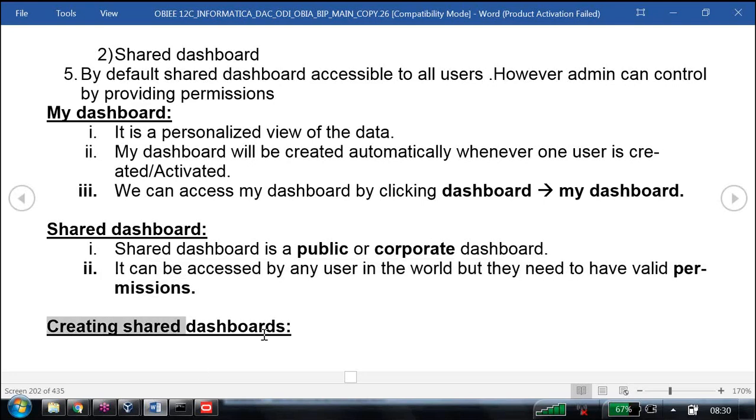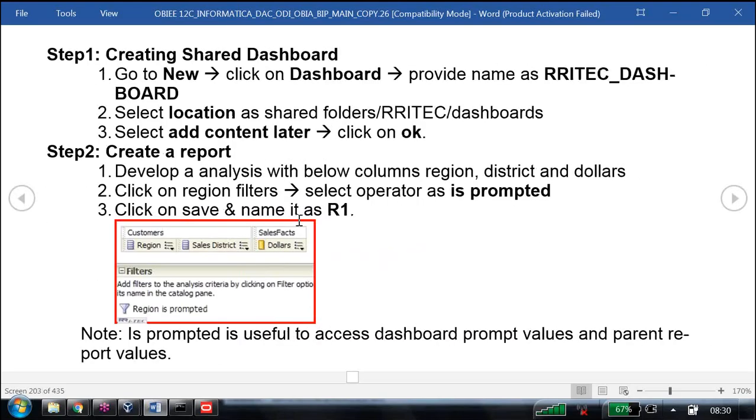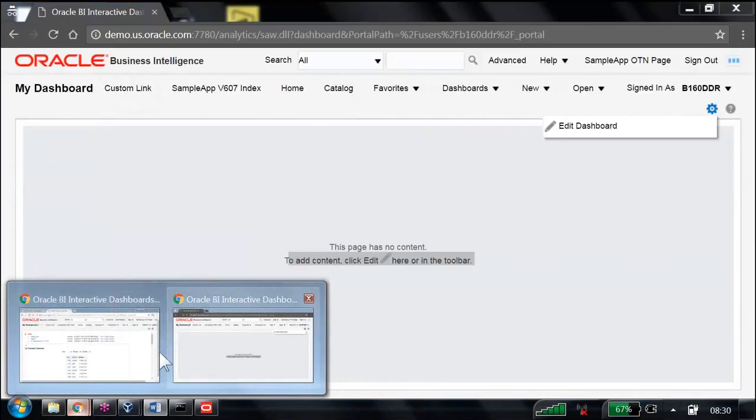How to create such a beautiful shared dashboard? Now we are going to create one dashboard. The dashboard name I am deciding as RRI Tech dashboard. Then we have to select the location where we have to save it, and we can add the content now or later, whatever you want. How to do that? Let us go for